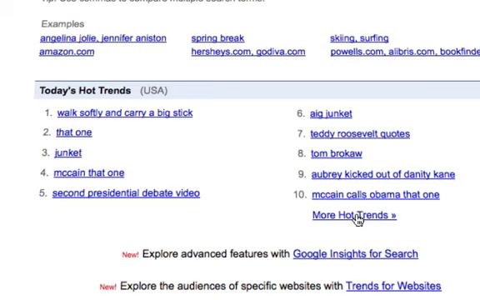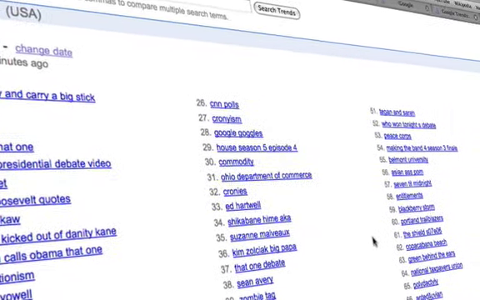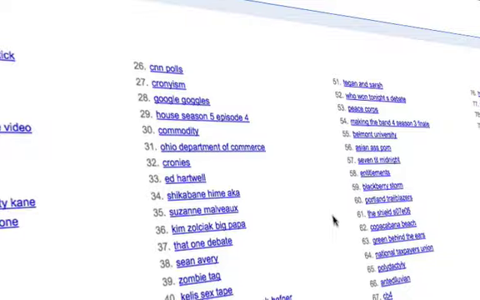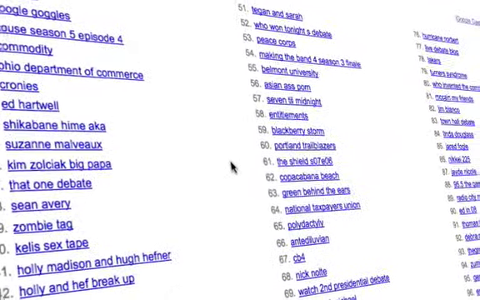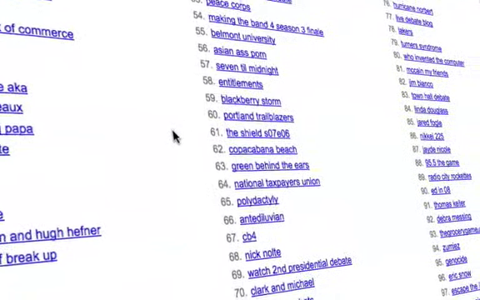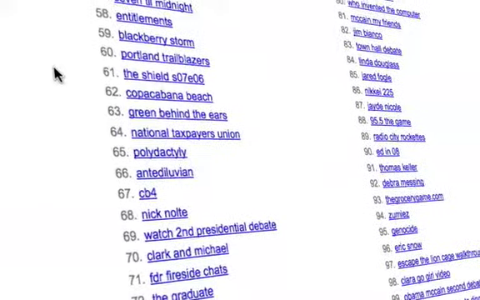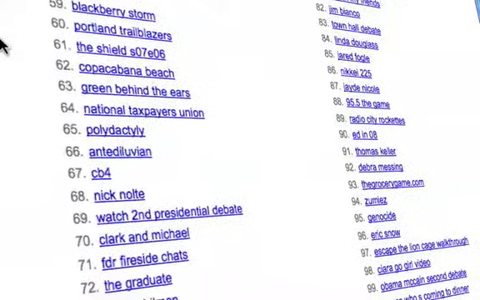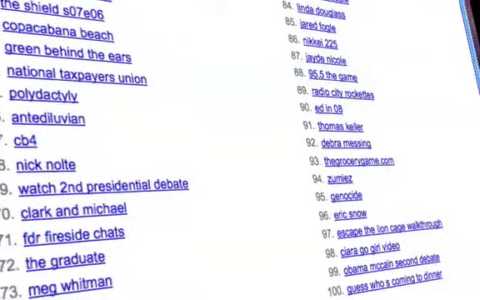So when you actually go into Google Trends, you can basically have a look at the current top 100. So that's pretty cool. And what we're going to do, we're going to get straight into this now. I'm not going to waffle on. What we want to look for, rather, is a long tail phrase that has low competing pages in the search engines, so we can quickly get some content out there with these keywords in,